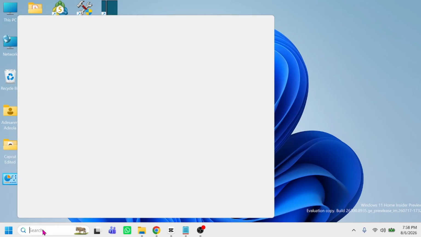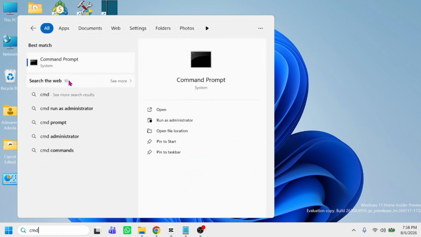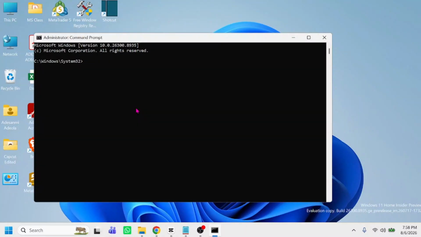Come to this place, type CMD again, then run as administrator by right clicking and run as administrator here. Click on yes again, then it comes out like this. Then type in this code, gpupdate. Then hit the enter button, and wait for this to update, and this should be able to fix